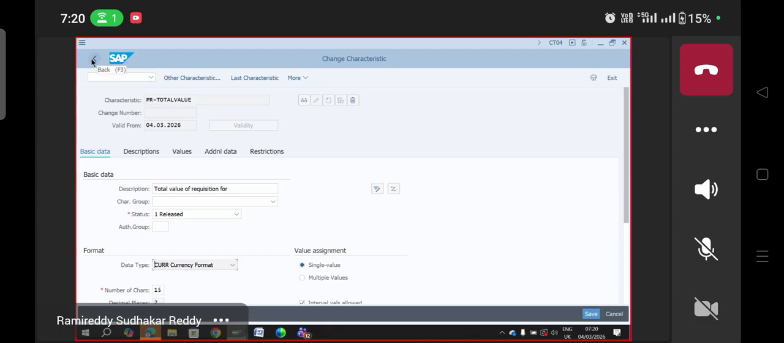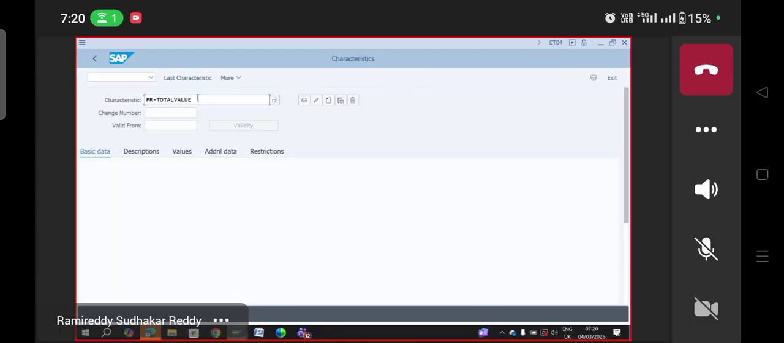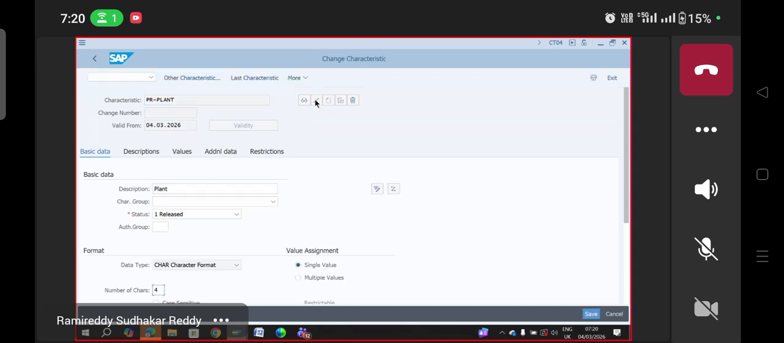And you create one more characteristic in this class. That is PR plant. In the PR, one more characteristic is created in the PR item row. Only if plant is satisfied as 4478, then the release strategy applies, not only value. Plant also. Then you create, okay,